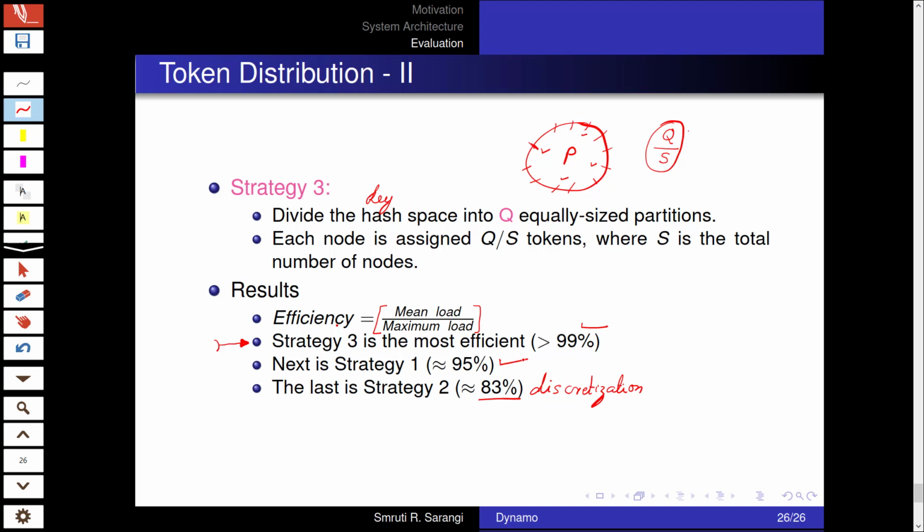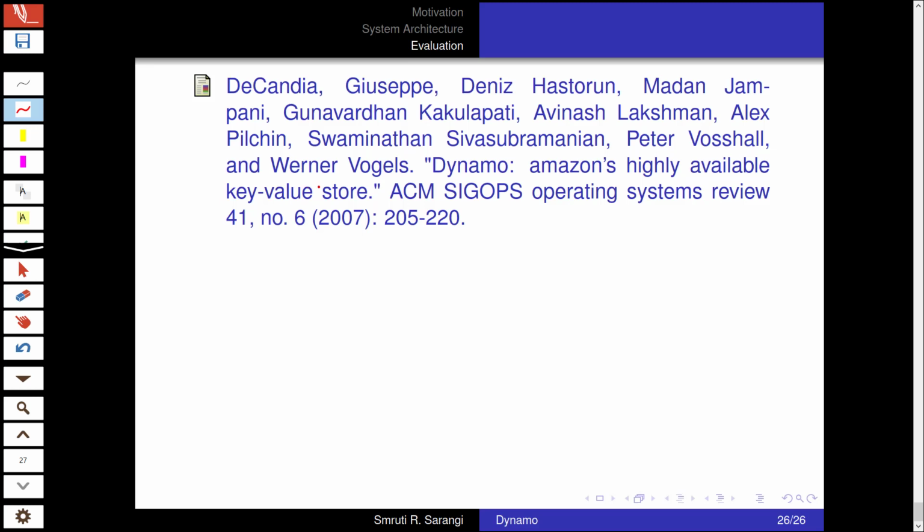Strategy 1 is not that expensive, and neither is strategy 2. But here there is clearly a trade-off between the amount of effort we put in and the quality of the results. So this was the original paper, Dynamo, Amazon's highly available key value store, in Operating Systems Review 2007.